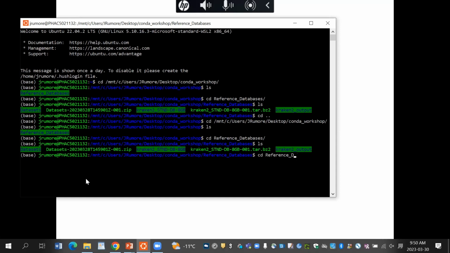Unfortunately, there's just no way of getting around that for running taxonomic classification software. And this is actually one of the smaller databases that are available. Okay, so the next thing we're going to do, now that we've decompressed all of our files,